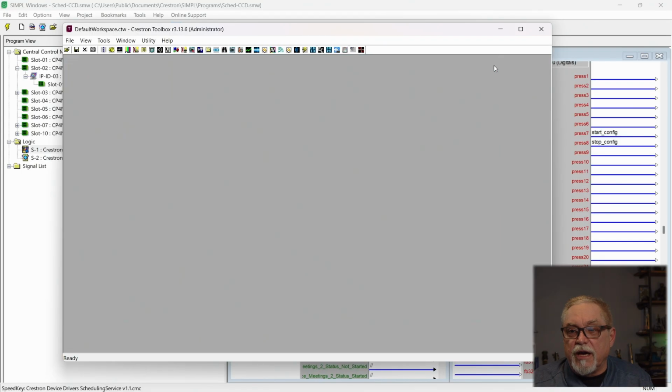So there you go. That's scheduling awareness for your control process. Pretty straightforward. I think it's pretty cool. It's one of those tools that you may not use in every system, most likely won't, but when you need to give the control system some inkling of what's going on in the room, this is one of those methods. So between sensors, calendar information, control, there's automation opportunity. If you ever need it,